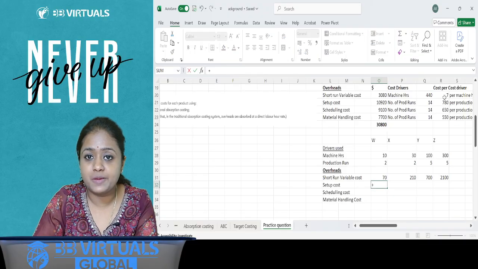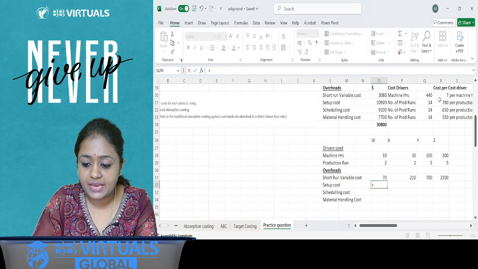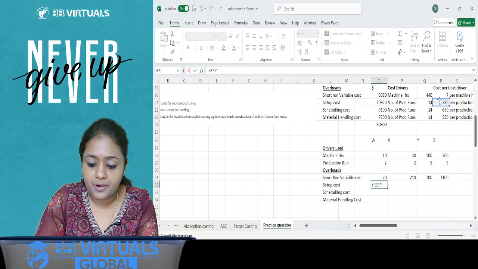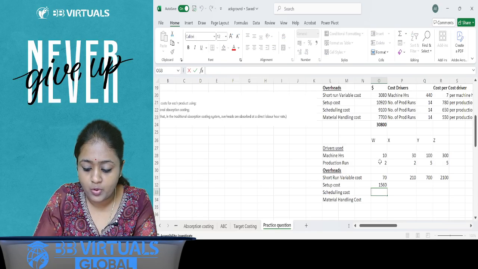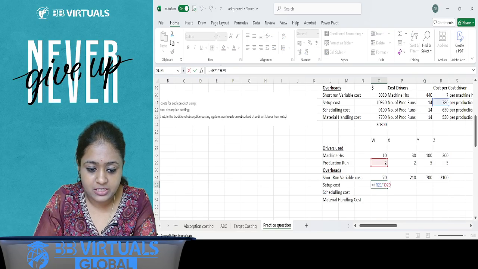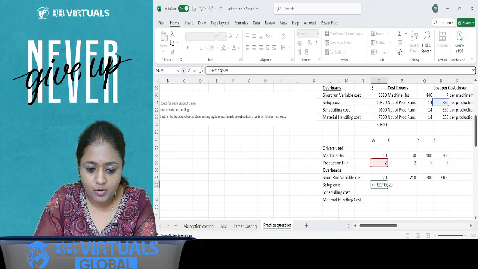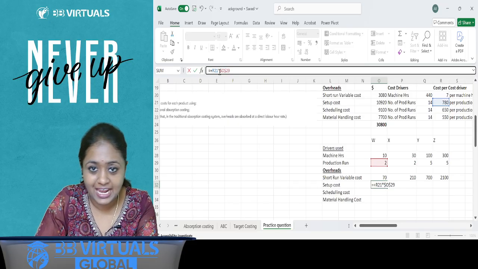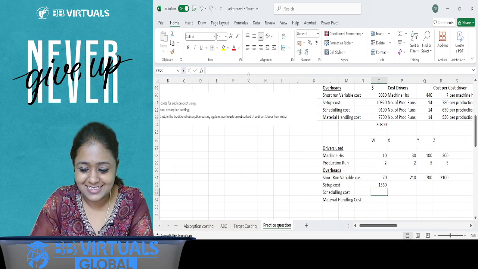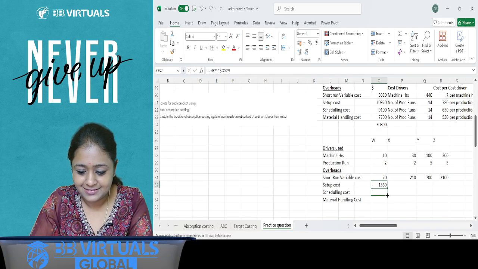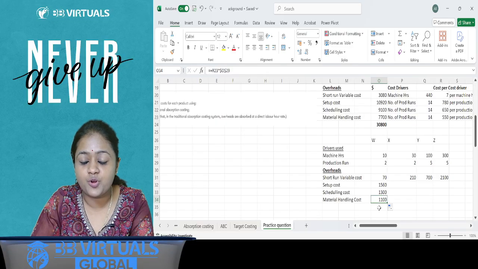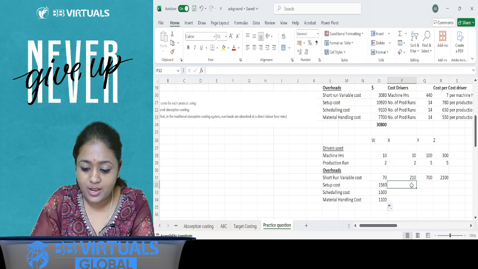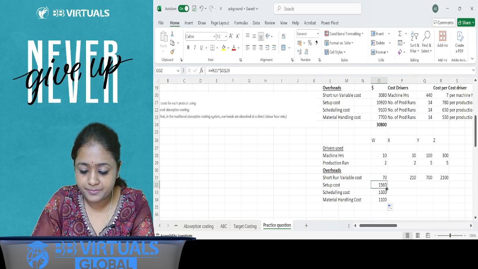So setup cost is based on production runs. It is 780 per production run. Production run here is 2. So 2 is going to be fixed here. I can just fix it with dollars. You want to know more information about using Excel? That also we will do in the class. Okay, so I've calculated with respect to production runs the entire setup cost, scheduling cost, material handling cost. Now likewise I will do for